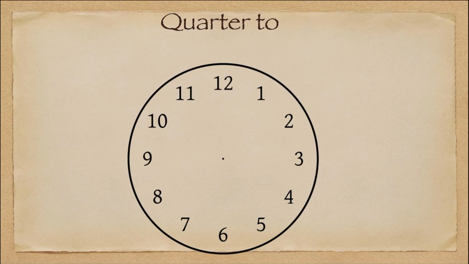And if the question is quarter to, that means if the minute hand is here and suppose the hour hand is between 1 and 2, that means it has just crossed 1 and it is not 2 o'clock till now. That means after some time the time will be 2 o'clock. That's why it is called quarter to 2. Quarter to 2 because 15 minutes are left for the time to become 2 o'clock. That means the time is